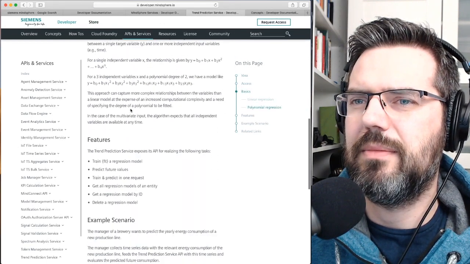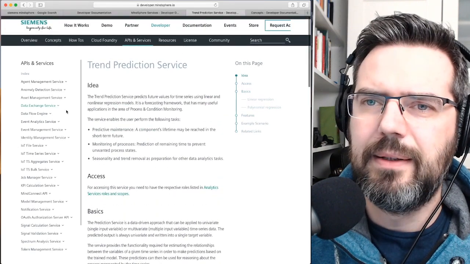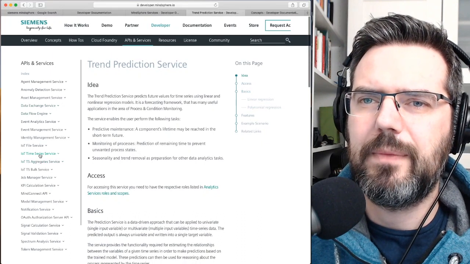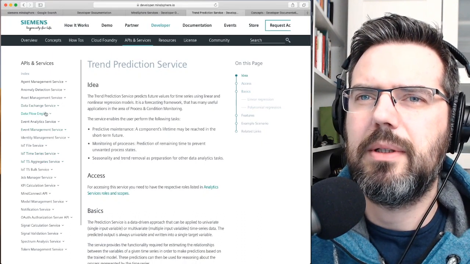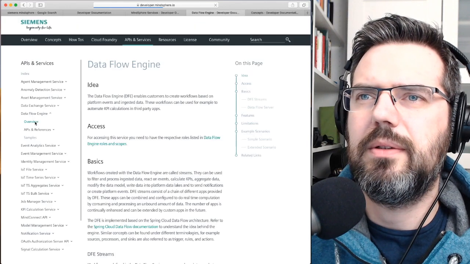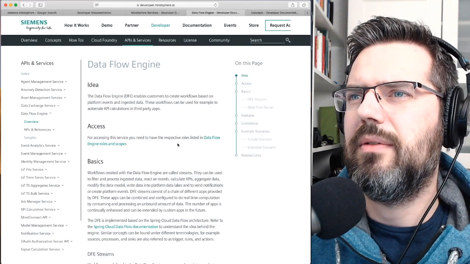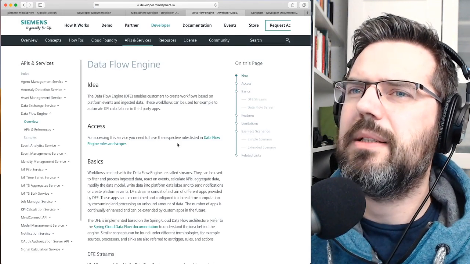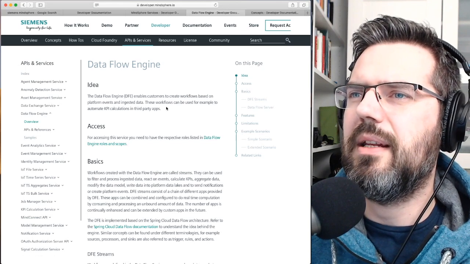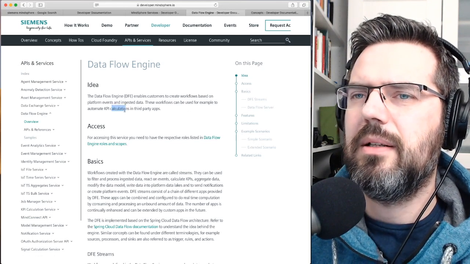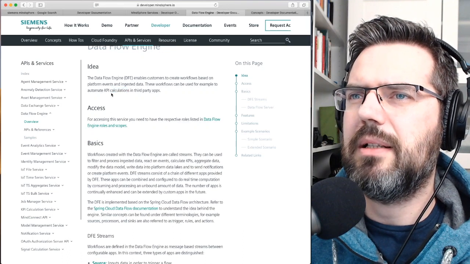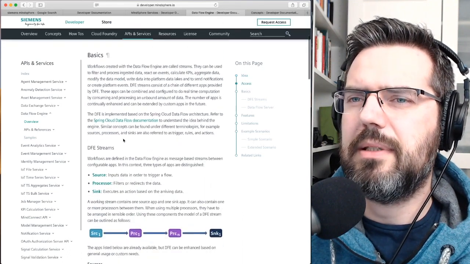Linear regression, polynomial regression. Okay. Boring. Flow engine. The data flow engine creates workflows based on platform events and ingests the data. These workflows can be used, for example, to automate KPI calculations in third-party apps.